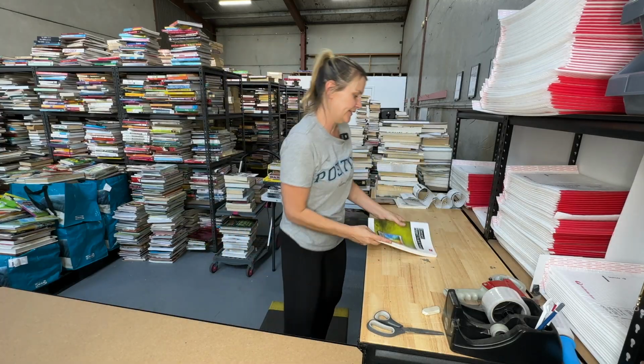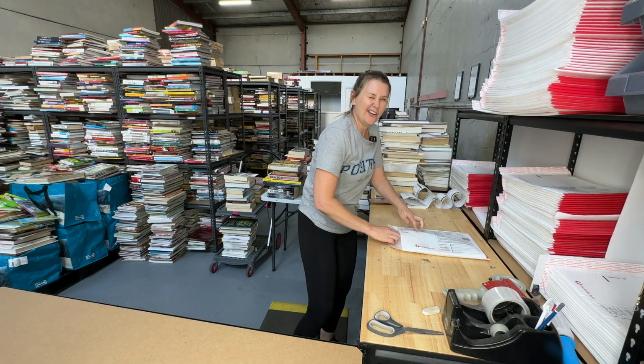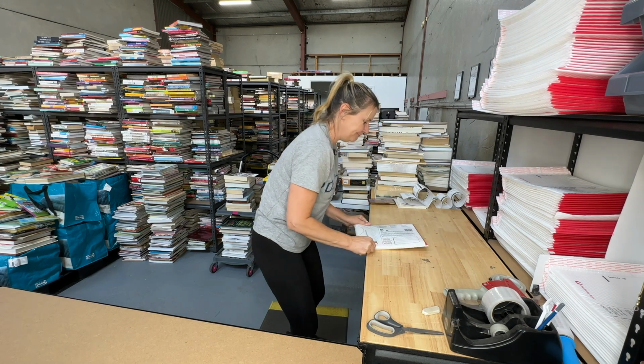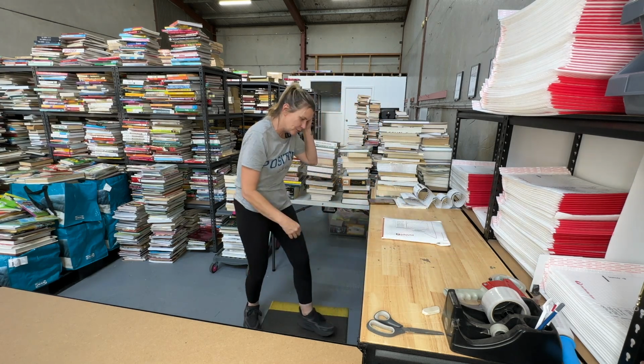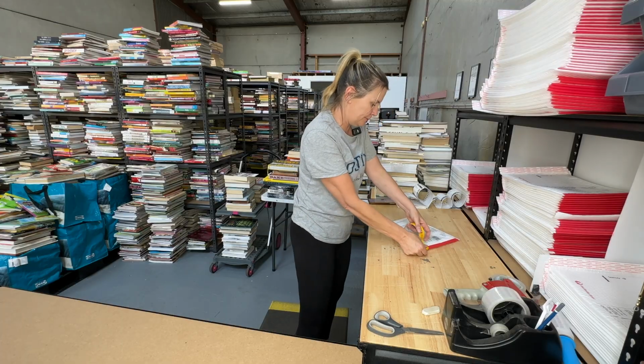Okay, first book going out is an express order, so it's on the top. Excel Applications for Accounting Principles. Now this one is sold for $29.99 from memory, and it is going out to a nursing home. I'm pretty sure this is a nursing home that I've sent to before,